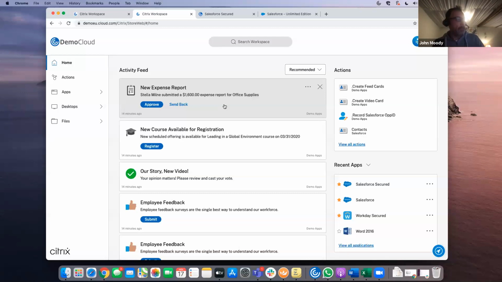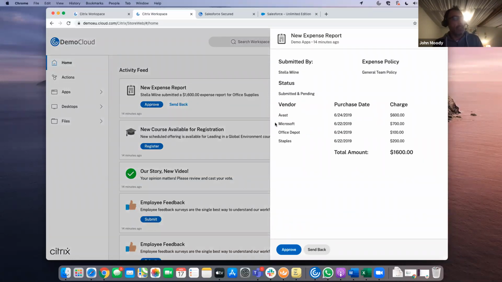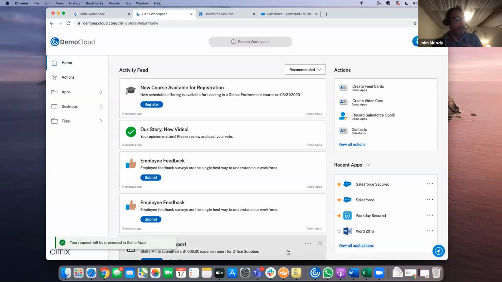But with the Microapp, I can see that in my notification feed. And I can actually pop that out into the blade and I can see the expenses and I can approve directly from within Workspace. So I've not had to change my UI, I've not had to do that context switching between the different applications, and then that's disappeared off my feed list and I can just carry on